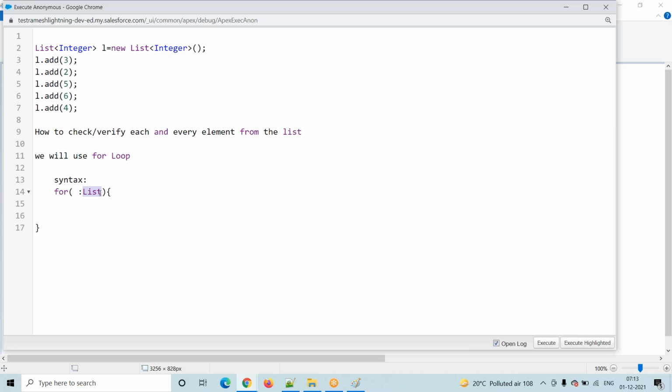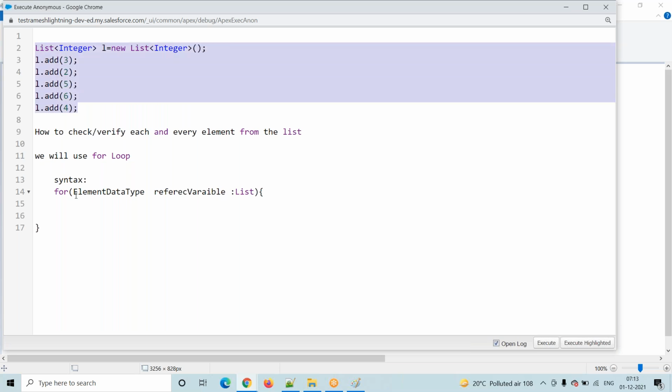In this list, what is the element data type? That element data type we have to use here. And here a reference variable. This is my syntax. Now we will test it, then you will understand the syntax.